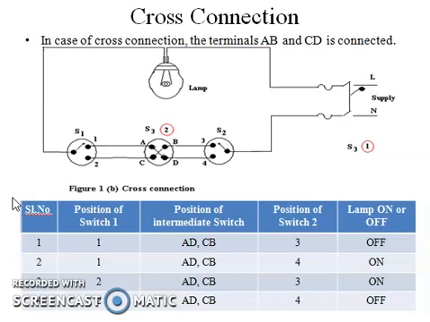The connection is also very easy. The rigging up, remembering and representing that circuit behavior is also very easy as far as the connections are concerned. This is very important for your examination point of view as well as for your understanding as an electrical engineer. You can understand how we are going to control the lamp behavior, the on-off condition of the lamp, by using 2 different or 3 different points. So this is what we are going to cover in this video lecture. Next part we'll study